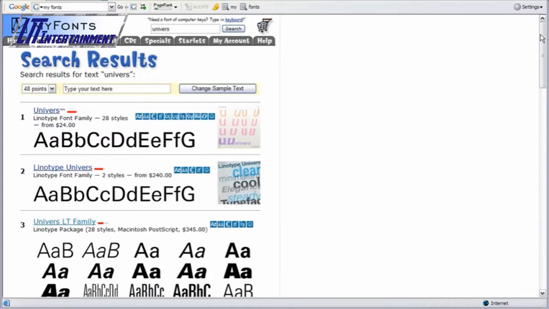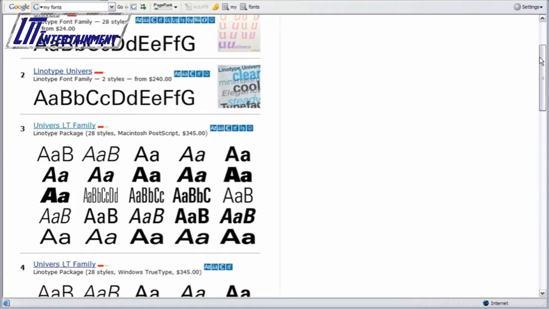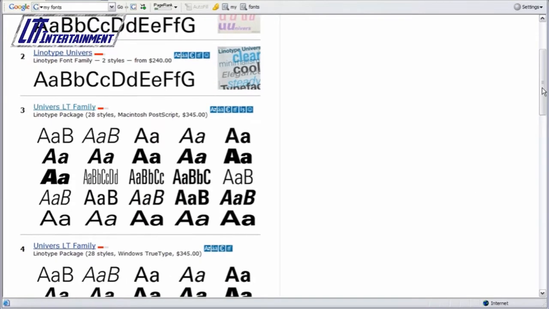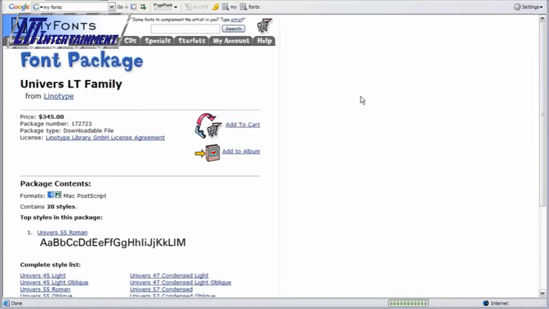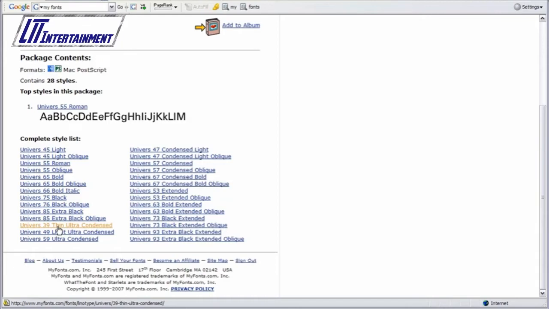Alright, then you should see a page that looks just like this, and I'll scroll down and you can see that there are several Universe families over here, but you can see right here Universe LT family, and if you look closely you'll find that font right here. Now let's go ahead and just click on this Universe LT family, then scroll down and you should find, right here, Universe 39 Thin Ultra Condensed. Go ahead and click on that,